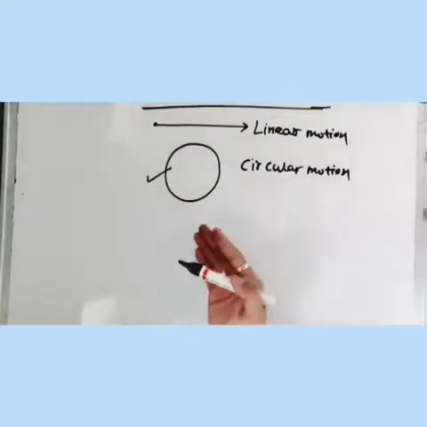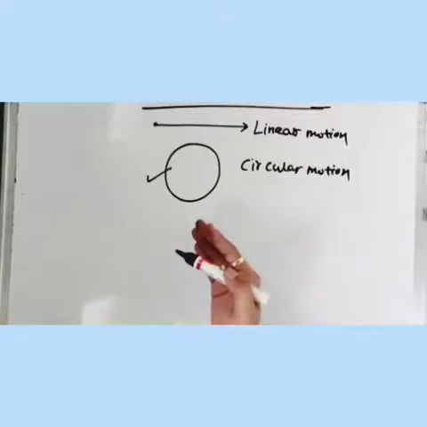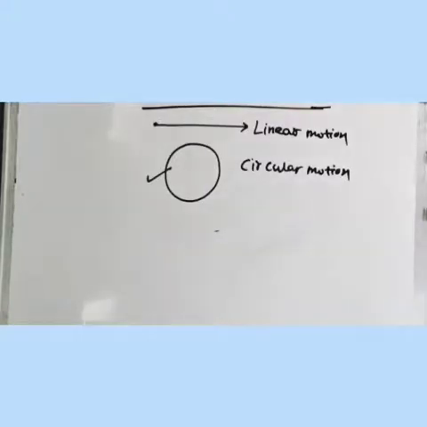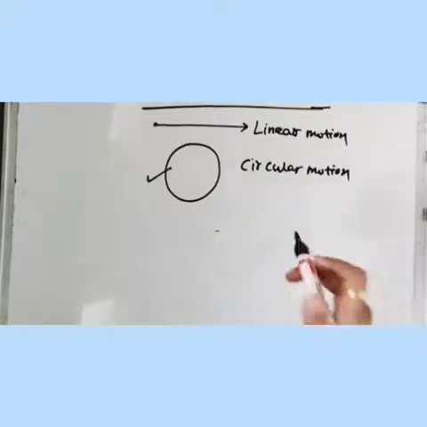Now what is exactly meant by a circular motion? Which factors we should consider when we are talking about circular motion, and what are its applications? That part we are going to study in this rotational dynamics. So we are going to begin with the very first type of motion, that is what?